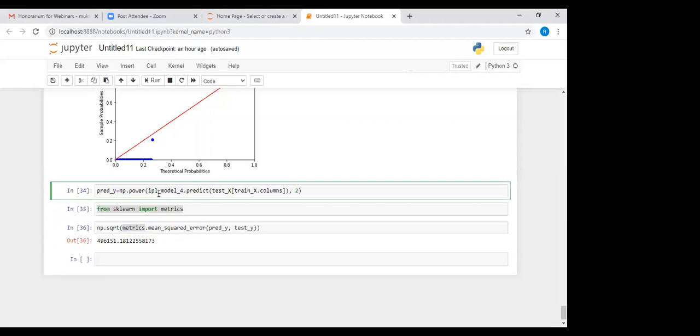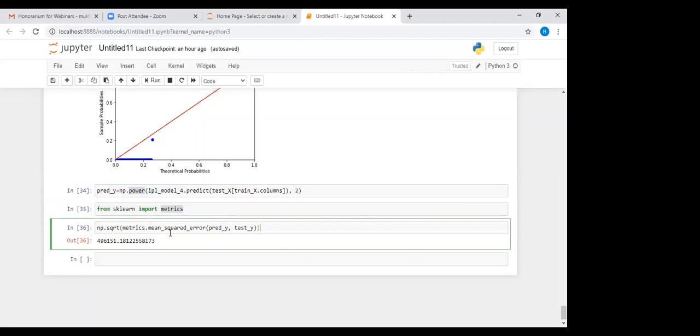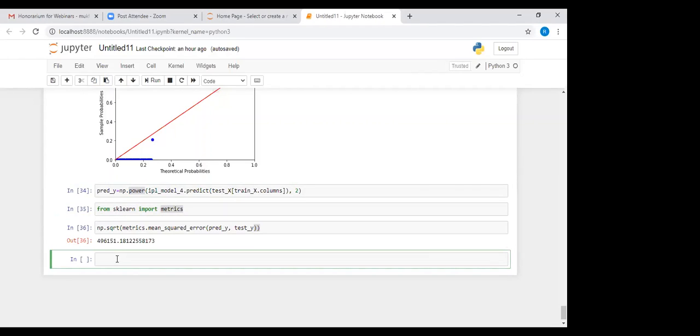See, we have done on the training set. Now we are making predictions on the validation set. Okay, we have taken the power because we have taken a transformation of y previously, and we have imported metrics from sklearn to see the root mean square error, and the root mean square error for this model comes out to be this much. Now measuring the R square value of the validation set. Previously we got the R square value for the training set. Now how will we see the R square value for the validation set?